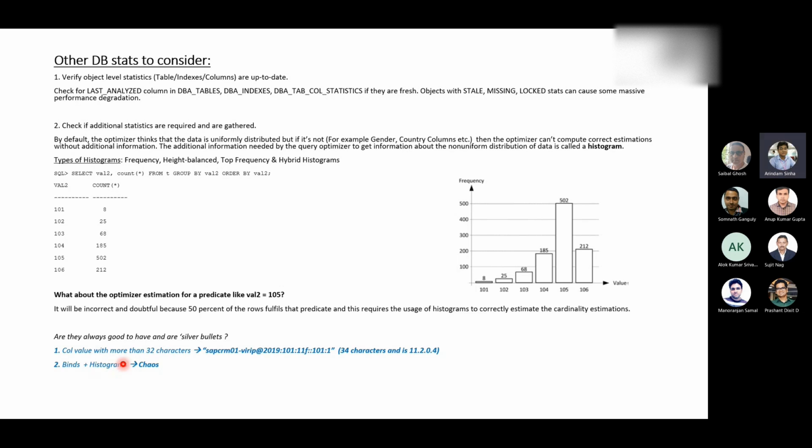I'm actually talking in reference to the example that I just used, when we have bind peeking happening and we have histograms as well. Take your time. I think, first of all, it's important to understand adaptive cursor sharing, then the concept of bind peeking, and what exactly histograms are. Putting these three things together, if you do not have much clarity on them, you won't be able to